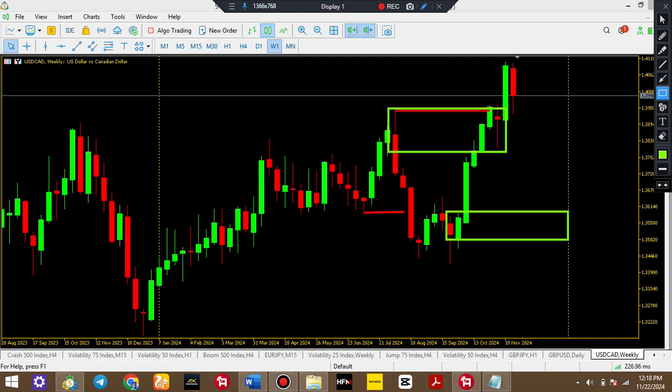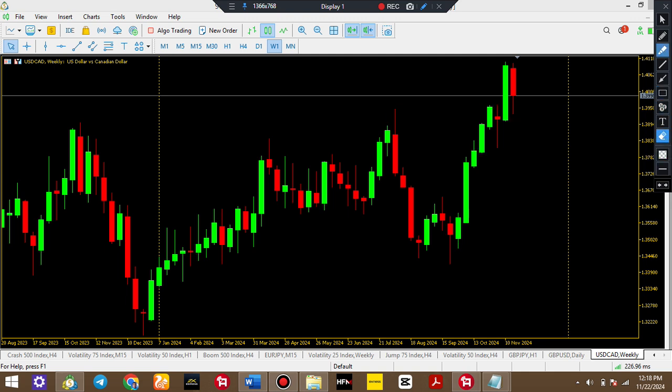So what are we looking for? We just want to know the bias of the market. Price is bullish on the weekly time frame. That is all. We don't need any other thing. Price is bullish because the high that led to the low of the market has been taken out. That doesn't automatically mean price will be buying all the way up. That is what we just come to confirm on the weekly time frame.